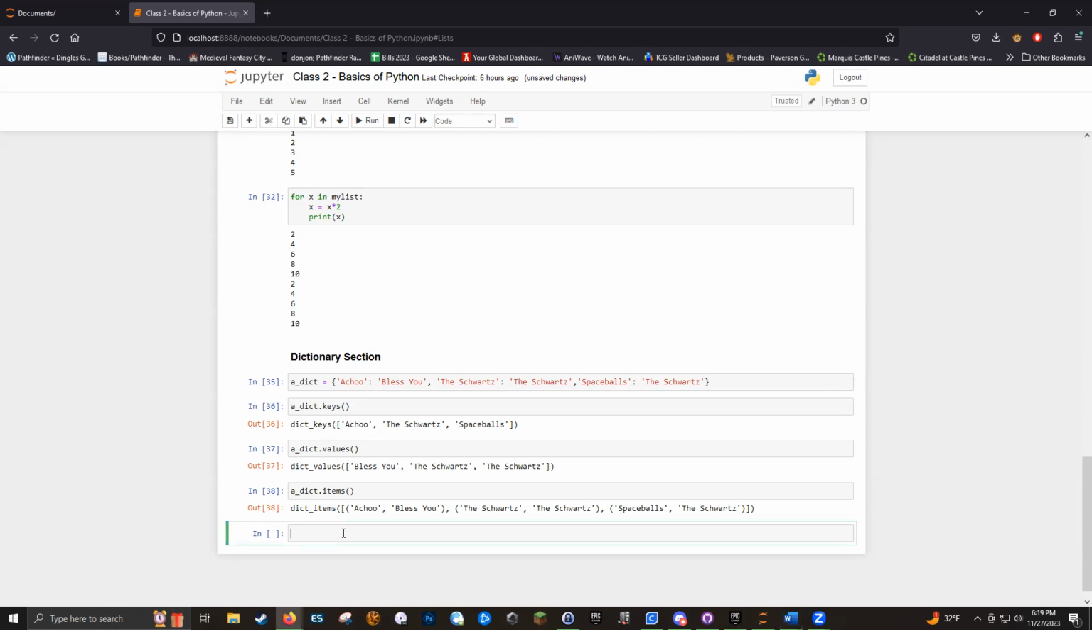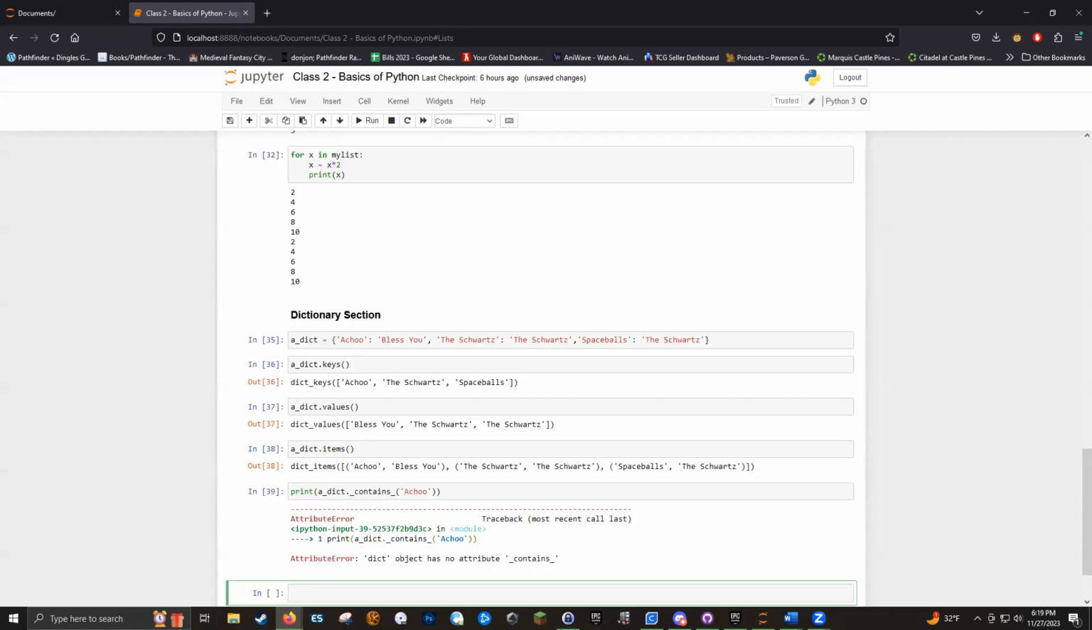So I want to really quickly print, oops, should be that bracket. And it would help if I could spell contains properly. All right, so I want to search for a chew. Does that key exist? This is simply going to tell me,